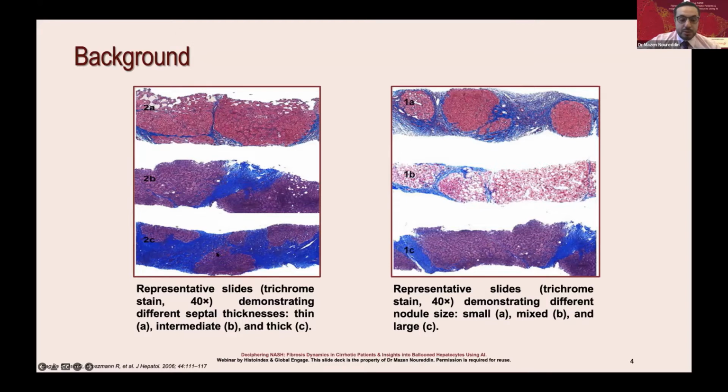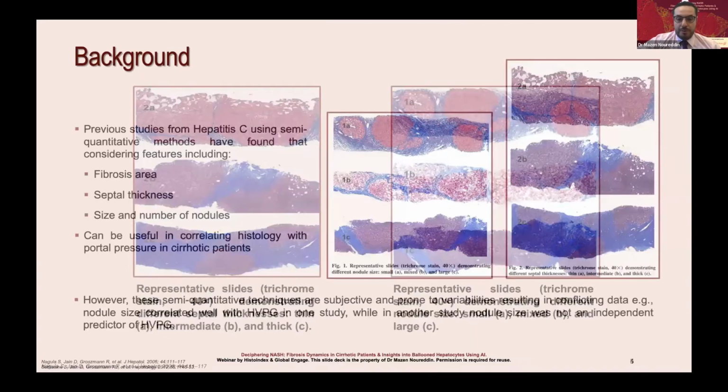And absolutely the last one will have way more collagen, way thicker septum, and likely they will get to portal hypertension closer. And think about drugs that target fibrosis. These two at the bottom will be the hardest to treat, versus the two on the top, which will probably be easier. And thus, that concept made a lot of sense that cirrhotics are not created equally.